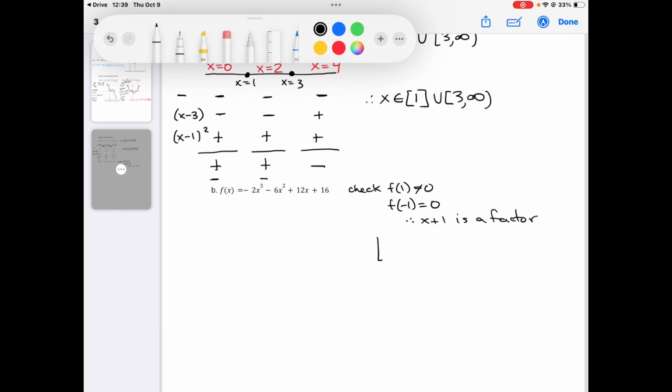And so I'm going to divide that out. I've got a minus 1 over here. I'm going to put my coefficients across, 12 and 16. And I'm going to perform synthetic division to get that across. Minus 16, I know it's a factor. That means that I can rewrite my function